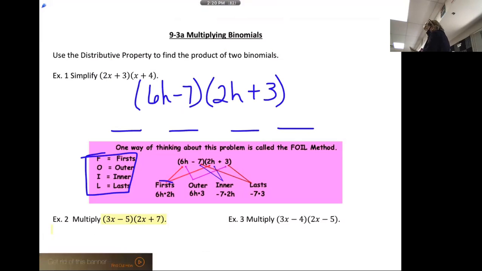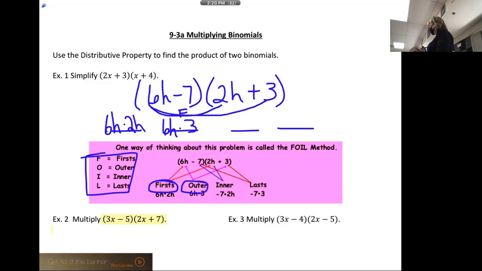The F stands for firsts. So that would be the first term of the first binomial times the first term of the second binomial. So those are the firsts. So 6h times 2h. Then we have O, which stands for outer. So the outer 2 terms of the whole shebang, the outsides, which would be 6h